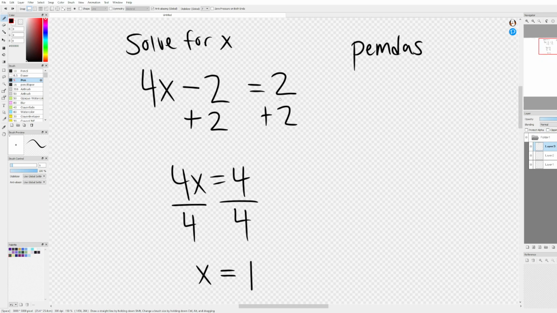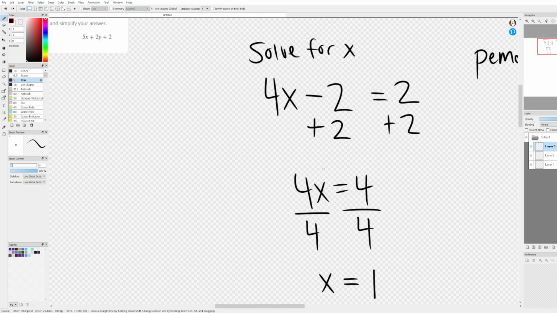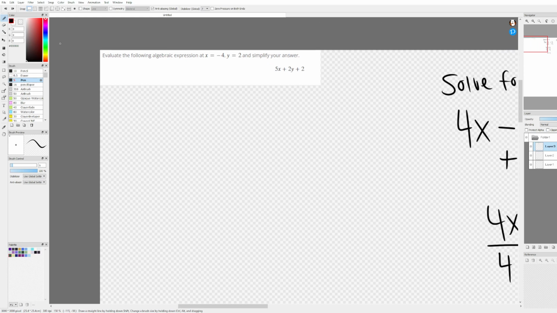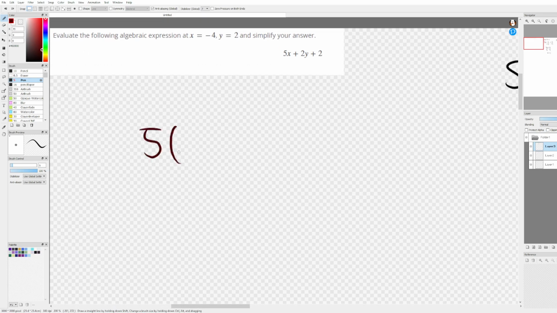And then sometimes it will give you variables and what those variables equal. In 6.R.4, the current unit that I'm discussing, I'm pretty sure it will mostly only give you the variables and what they equal, and then an equation to plug those in. So for this one, let's do 5x. So it's saying evaluate the following algebraic expression at x equals negative 4 and y equals negative 2, and simplify your answer. So we'll say 5 times negative 4, because that's what x equals, in parentheses, plus 2 times 2